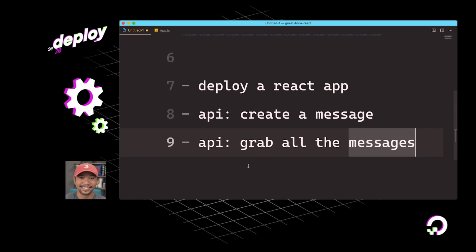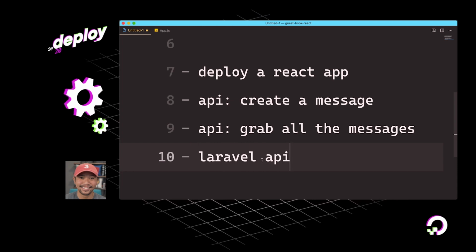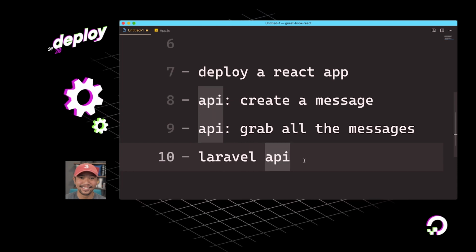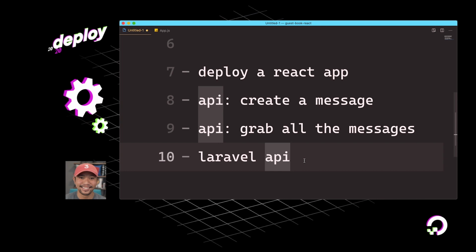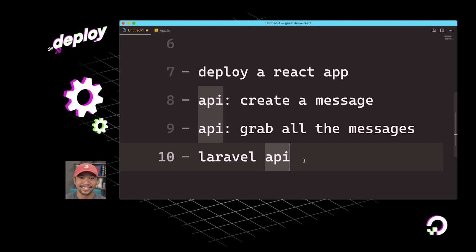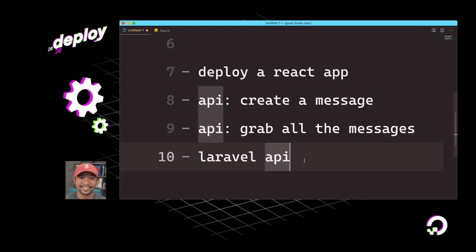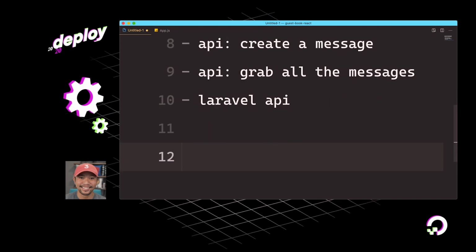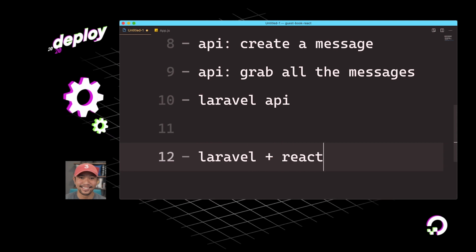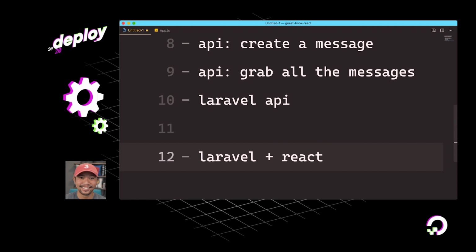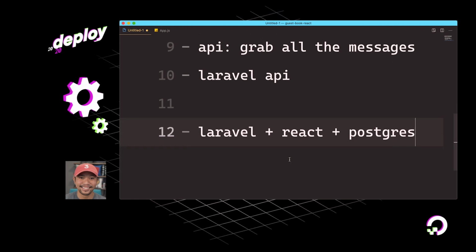So to build out our own API, I'm going to bring in a tool that I really love, and that's going to be Laravel API. So Laravel is going to build out our API, really big fan of it. I founded a website called Scotch.io, and Scotch.io is a web development tutorial blog, totally built in Laravel. And it's a ton of fun to write Laravel applications. So this stack really is going to be, let's do a Laravel app plus a React front end. And since it's a Laravel app, we need to store data somewhere. We're going to add in a Postgres database. So that's what we're going to do in the next about 20 minutes.